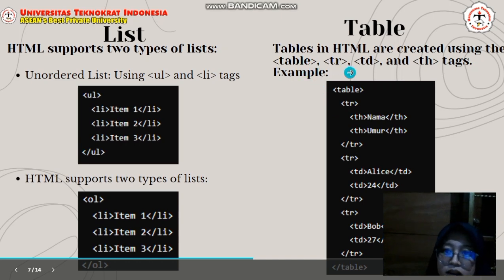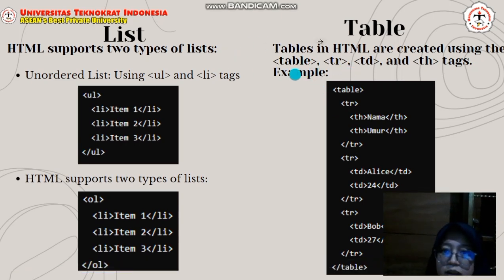Tables in HTML are created using the table, tr, td, and th tags. For example, you can see in the image: table, tr, th, td.